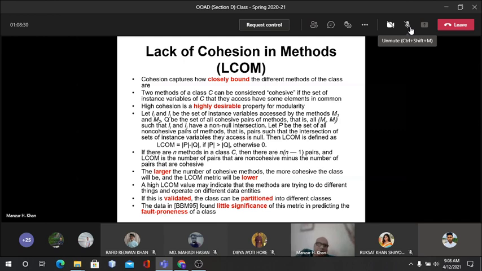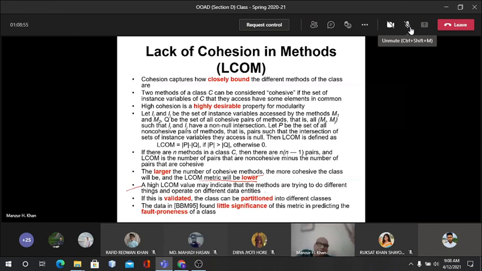Larger the number of cohesive methods, the more cohesive the class will be. As you can see in our example, we had a larger number of cohesive methods, so the outcome value will be lower. A high outcome value, this is an interesting point. If your calculation indicates that you have got a high outcome value, let's say 5, 10, something like that,